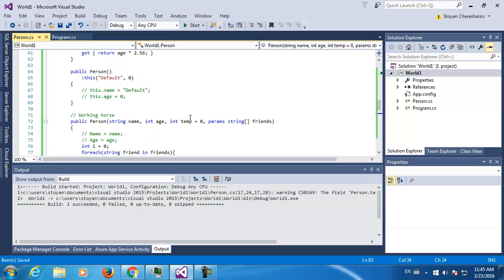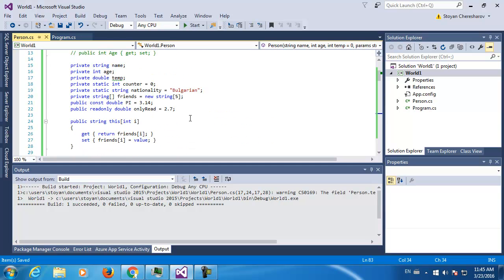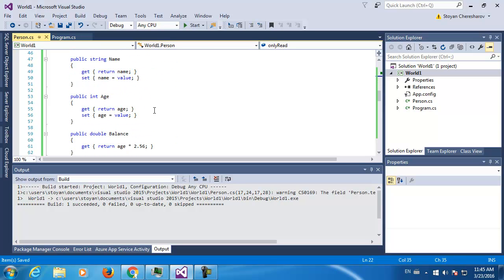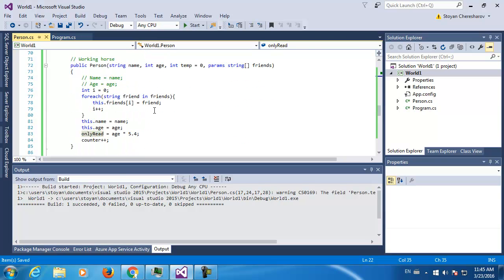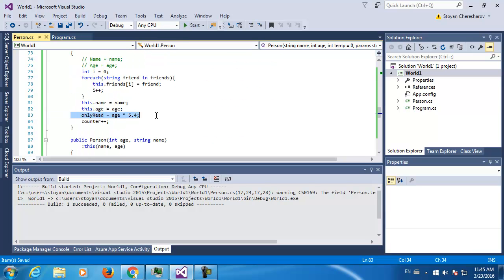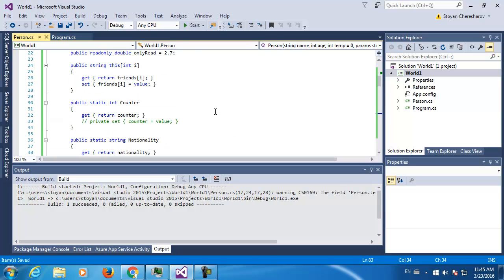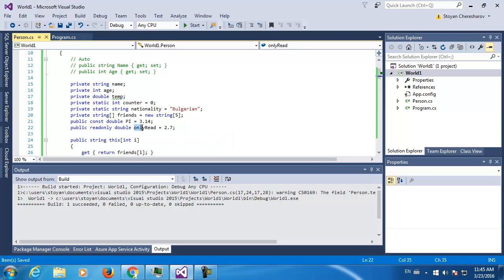And there is something special as well. When you set the value of readonly here, initialize this variable, and after you do the same in the constructor, the value which is set in the constructor actually prevails. There are only two places where you can set the value for such a variable which is readonly, and these two places are: